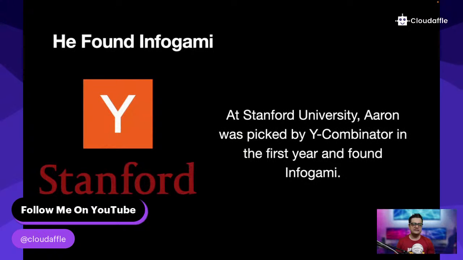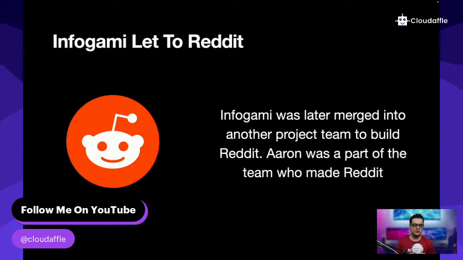Now, after developing the Creative Commons license at the age of 14, Aaron was taken up by Y Combinator in his first year as a computer science student at Stanford University, to develop a tool called Infogami. Infogami was a tool to improve the communications and information sharing process within an organization, but it wasn't a success. Soon after that, Aaron was shifted to a core team, and Infogami was merged with the core team